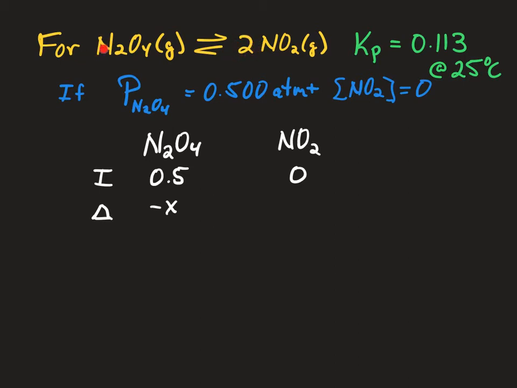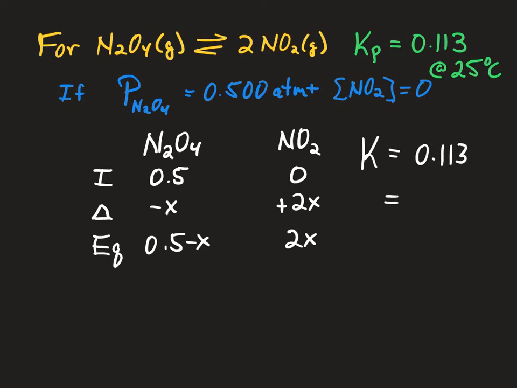Remember the stoichiometry. Every time 1 mole of this is used, 2 moles of this appears. So if X moles of this is used, then 2X of the product will appear. And so at equilibrium, we have 0.5 minus X, and we have 2X as our representations of our final concentration. And if we put that in the equilibrium constant expression, our equilibrium constant is 0.113, and that's going to be equal to 2X all squared,